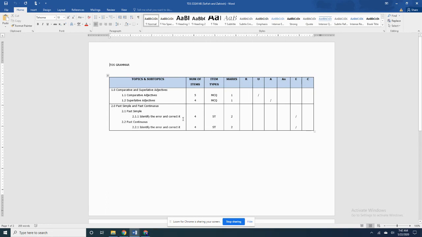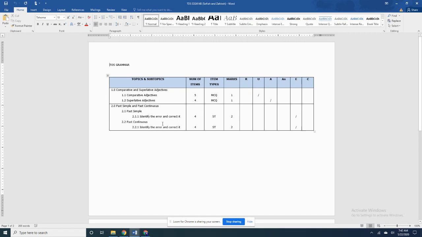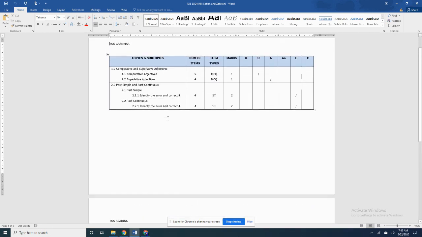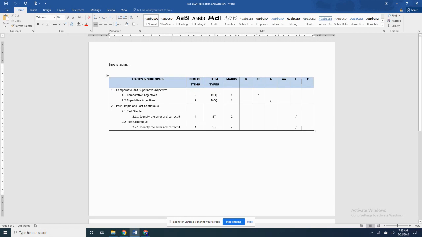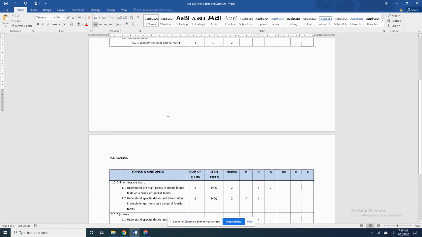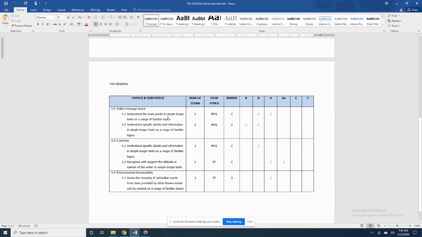Alright, so the next TOS is, well, it's also language. I think these are okay. It's very simple. Right, I would just change this to error identification and correction, but the way this is presented is fine. I just want to comment on these two separate sections. I do understand that this group is looking at grammar and reading in the same task. And that's why you have broken down your task into two sections.